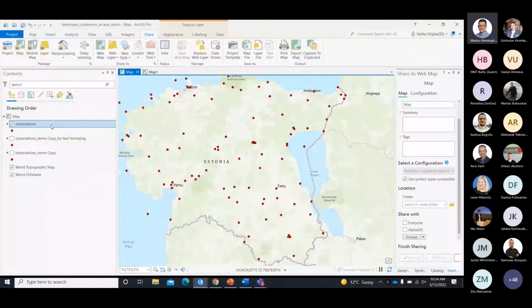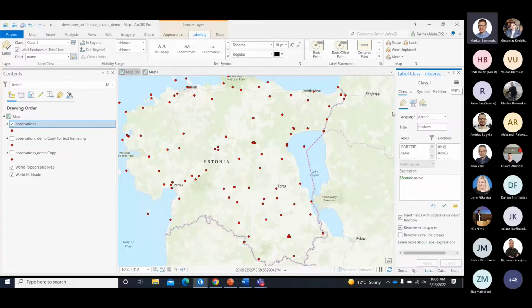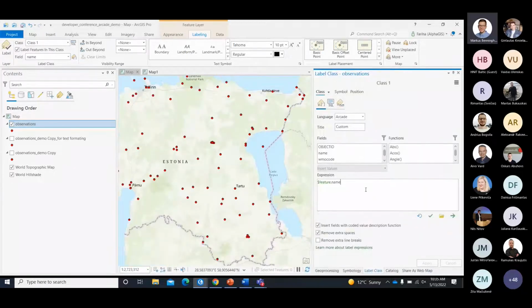So I would like to share how these Arcade expressions are used. First I'm showing some functionality. Here you can see on the screen just some simple red dots, but it is not helpful for understanding why these labels are there. This is weather observation data, but if you need more customized labeling, you just need to click here. For customized labeling, you have to find this, and here it already has the feature name. So if I validate and apply it,